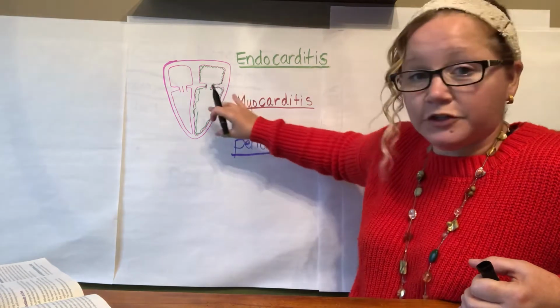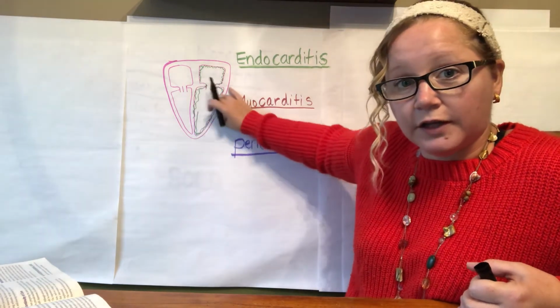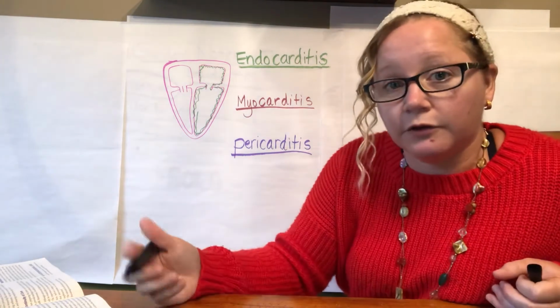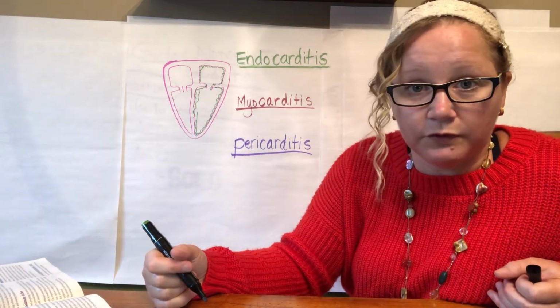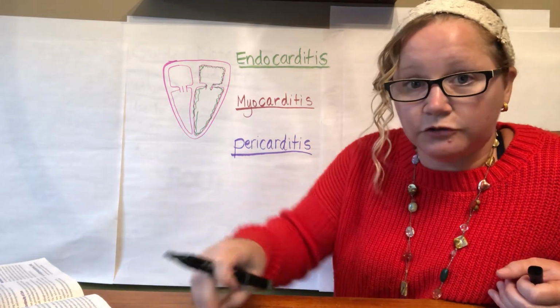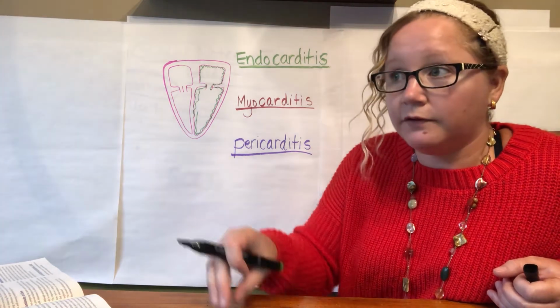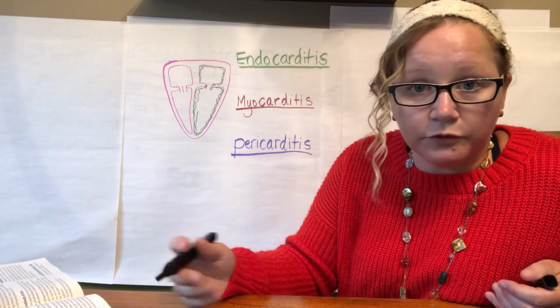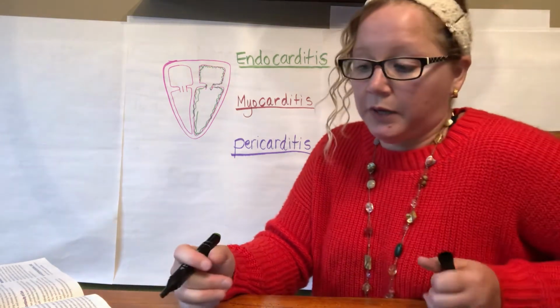So if you have infection in your heart here on the endocardium, now you have it in your bloodstream, and that's also why you're going to be doing blood cultures with this specific one, because they could take a culture of your blood and say, okay, this is the type of bacteria it is, which is usually staph or strep. Usually those are the two big ones. But